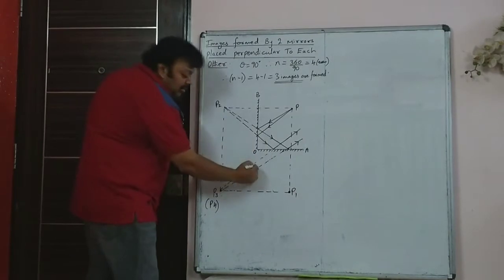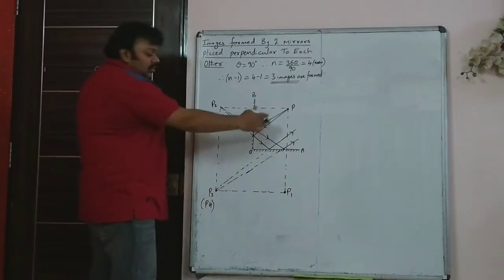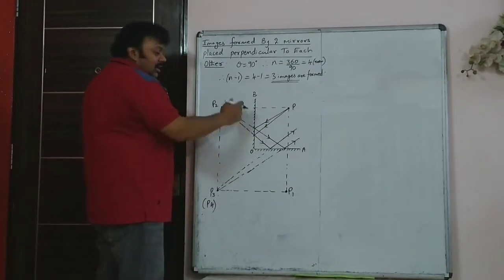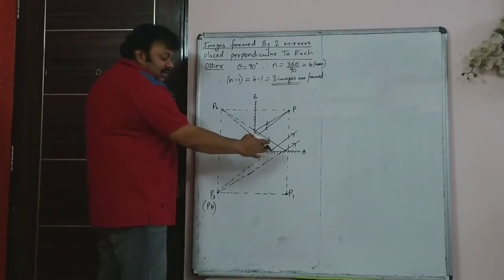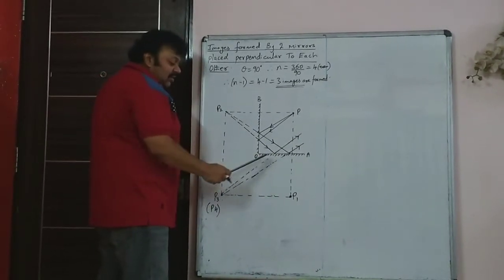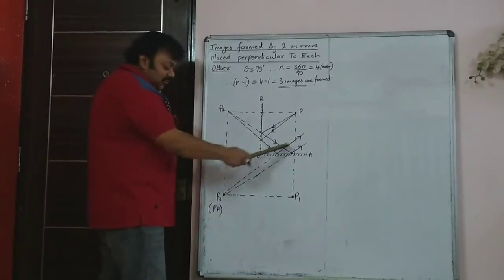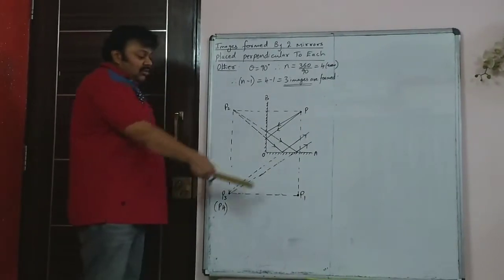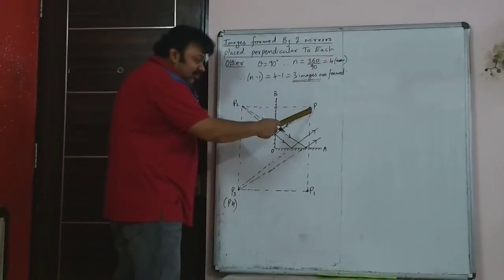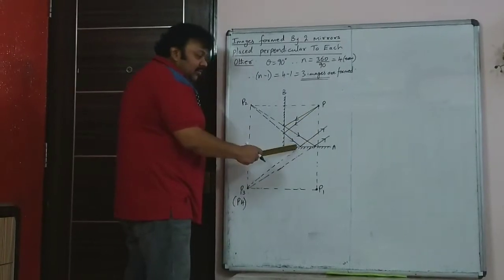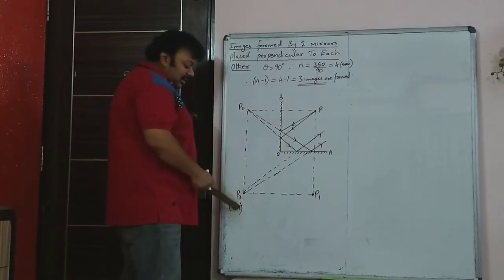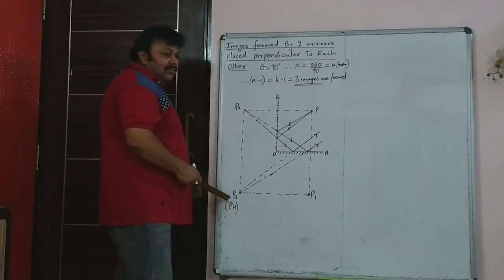Whatever you have shown behind the mirror, it is dotted. So the rays are actually going and hitting the mirror OB from the object P, and after reflection they get reflected in that direction, but they appear to come from P2. Now P2 is acting as a virtual object for the mirror OA, and its image will be formed at P3. So this way you will have 4 images formed, because there are going to be rays which are actually drawn this way also onto this mirror, and that will also get reflected towards this mirror and form another image P4 on the same point where P3 is there.